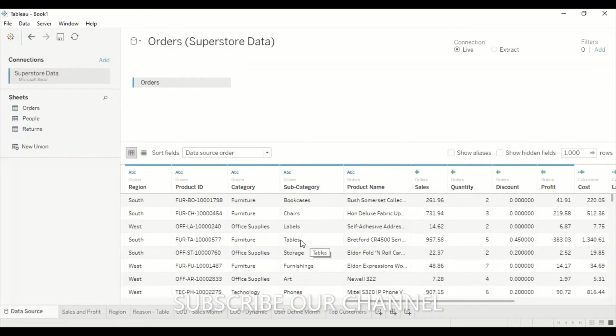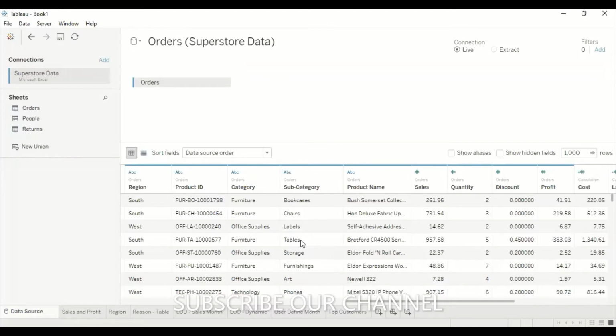But for the market basket analysis, I have to compare two products. Let's say I want to compare tables with chairs. So on one dimension, the x-axis, I want tables, and on the y-axis, the other dimension, I want the chairs. Two-dimensional data is required, but it is not possible using only one orders sheet. So I have to perform a join operation. Let's try to perform the join operation.